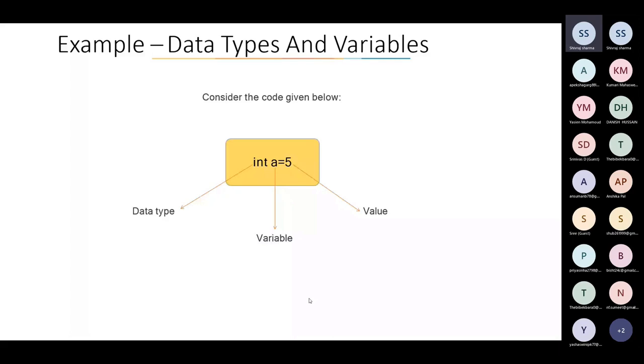Consider a code that contains an integer. That is a equals to 5. So what is data type? The very first thing, that is int, shows the data type of that variable. So here the data type is integer. The second thing is a, that is the variable. And the third thing is the value in that variable. So it is more clear what is variable, what is data type, and what is value. But don't get confused between variable and value. Okay, moving ahead,